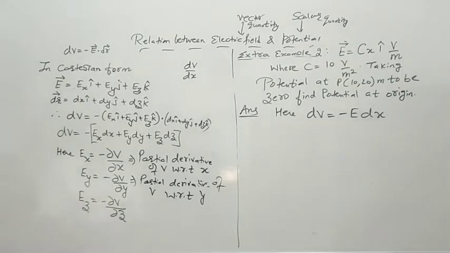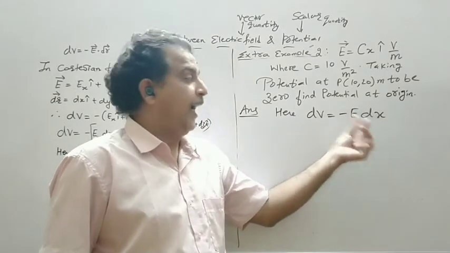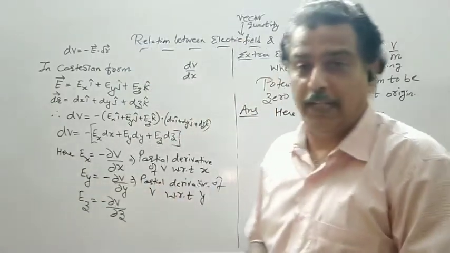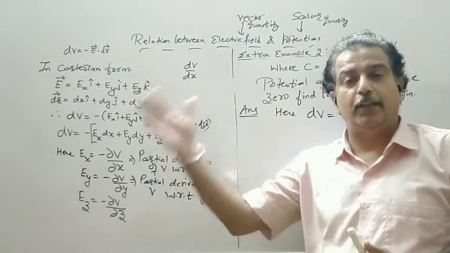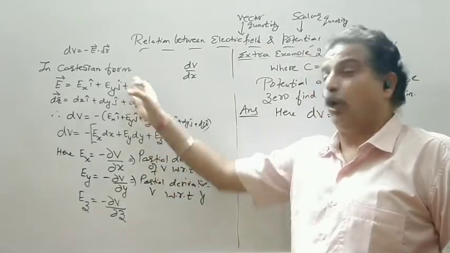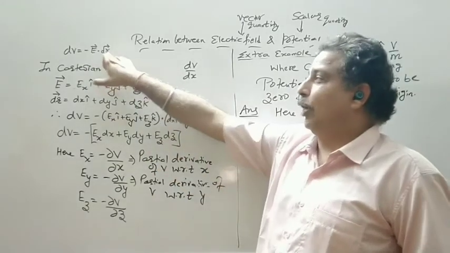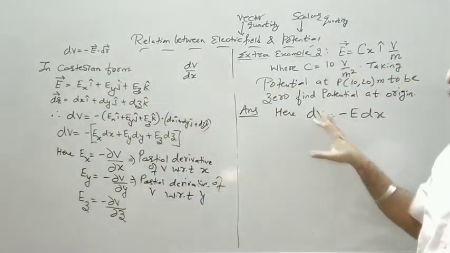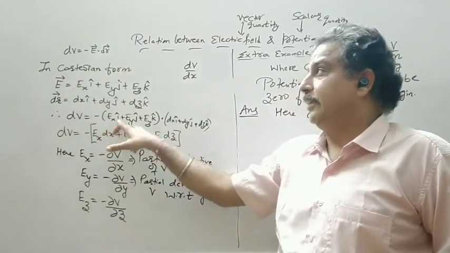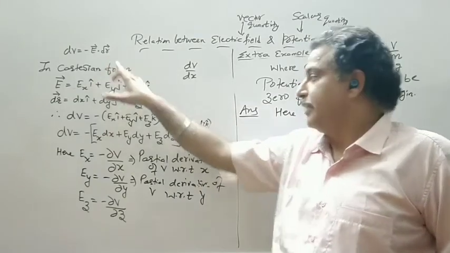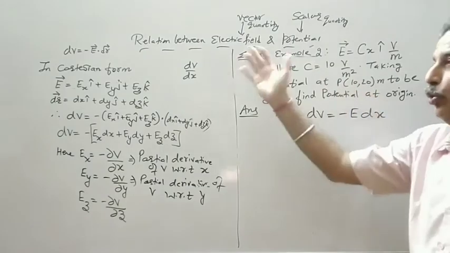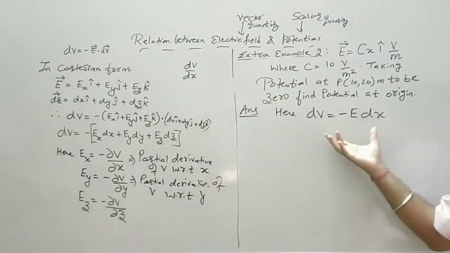The electric field intensity is along the x-axis, and if the field is along the x-axis, the displacement along the x-axis will play an important role, because the y and z coordinates are perpendicular. So even if I use this dot product of E dot dr, I will get the same result. Instead of the E vector you write E x i, and in place of dr you write dx i plus dy j, because you have two coordinates. Then you do the dot product, so you arrive at the same formula.